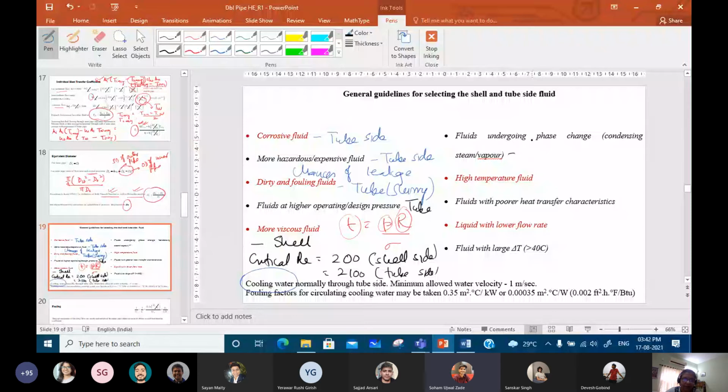You are not wrong, which is something we perfectly want, right? But the question was different. Suppose you want phase change. Suppose the heat transfer is happening just because maybe a condensing steam is giving its heat to any particular fluid. Okay, it's not that phase change will occur faster, but we actually want phase change. Because remember one thing, that latent heat is much more compared to sensible heat. So if you want a very large amount of heat to be transferred, you would like to opt for latent heat, right? So suppose you are having a vaporizing or a condensing fluid, then in that case, where would you like to put it?